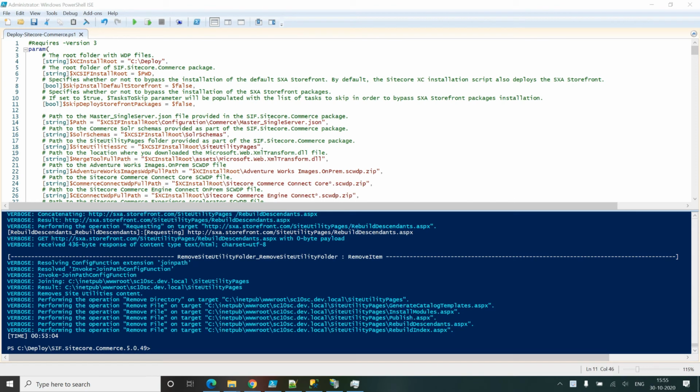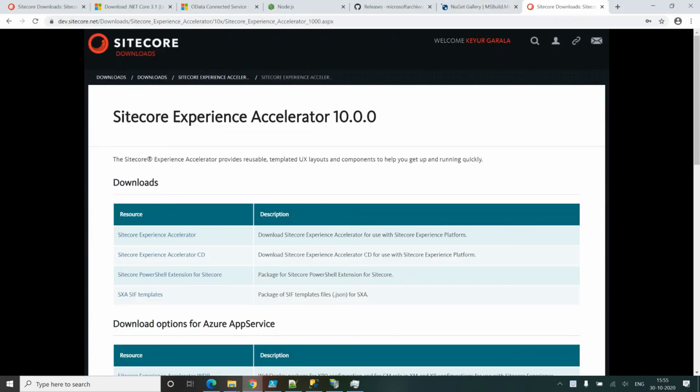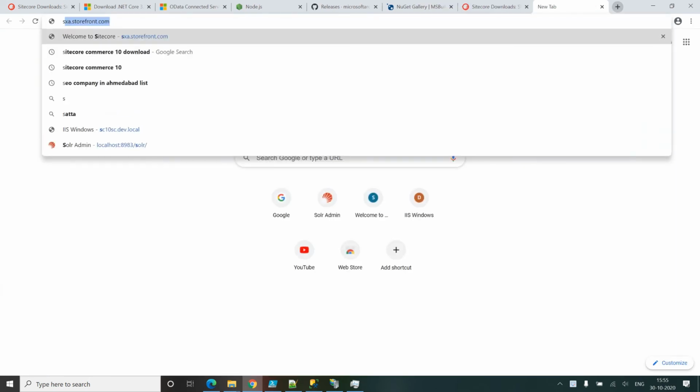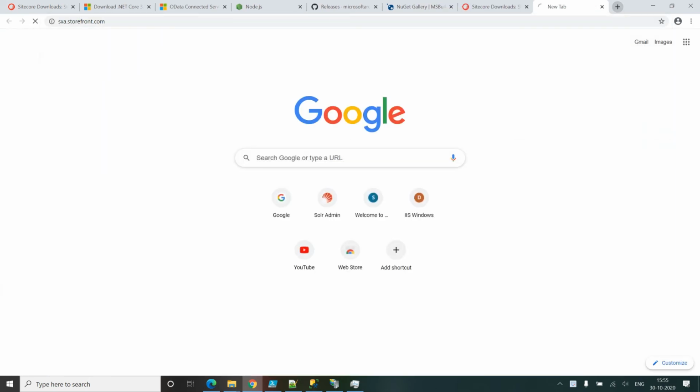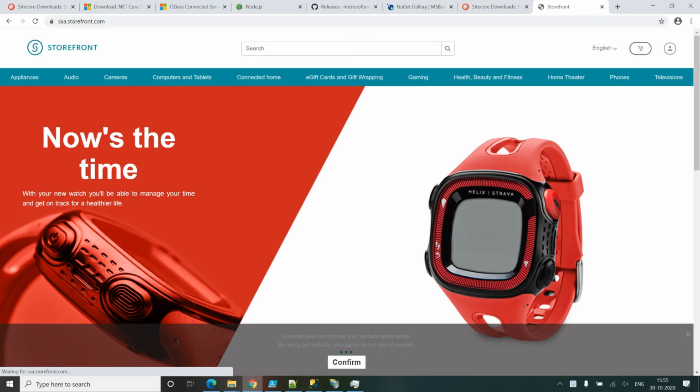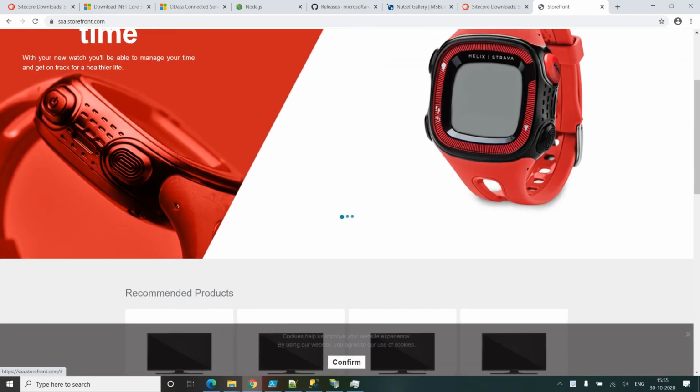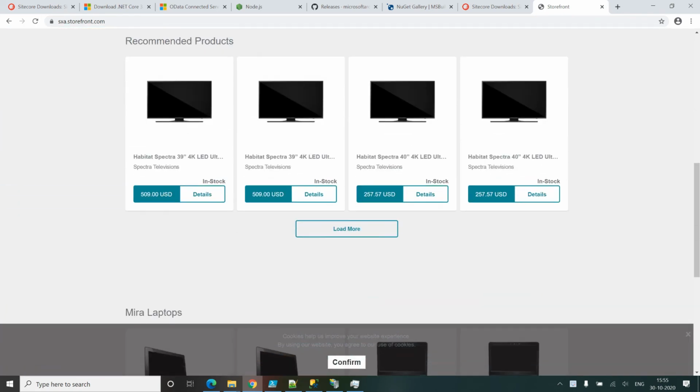Now let me go to the browser side and open our storefront. All the Commerce parts are installed and deployed successfully into our Sitecore Experience Platform.